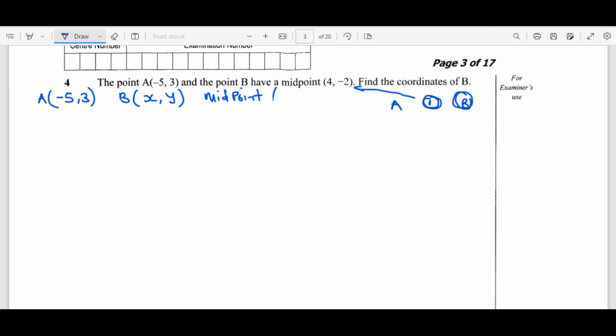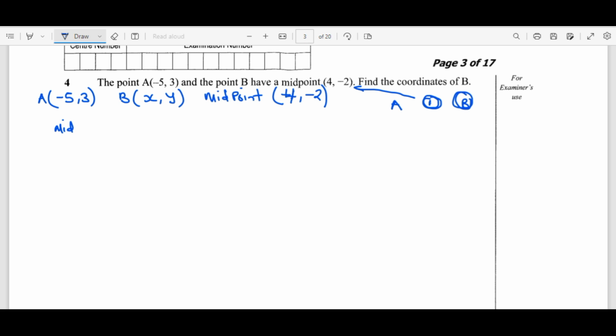The midpoint is (4, -2). So in that case, what formula are we going to use? You'll find that the first thing we have to understand is that this question was extracted from coordinate geometry. So the formula for finding the midpoint is: